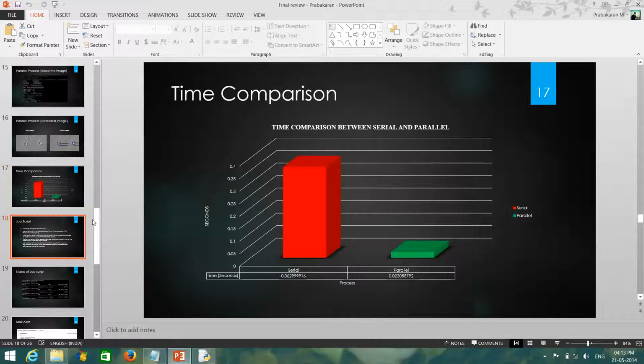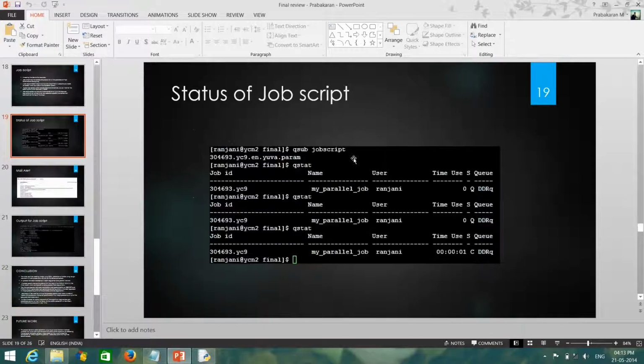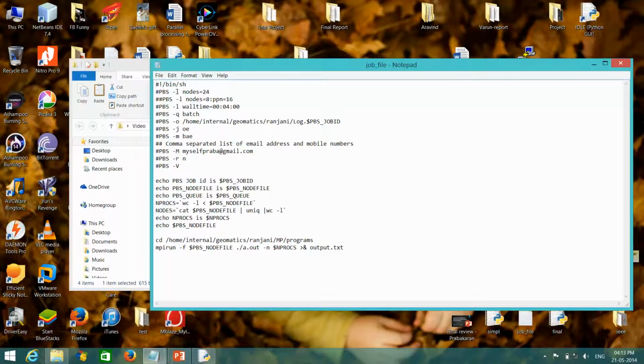And if you want to use more resources, you can use a job script, like this node coding. This is how many nodes you can use, and ppn is how many processes you can use. This is the wall time for the maximum time, and this is your home directory.